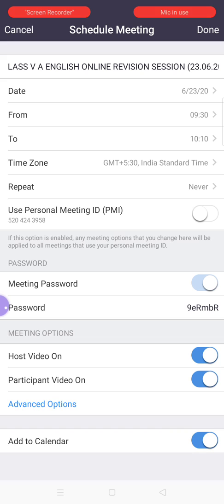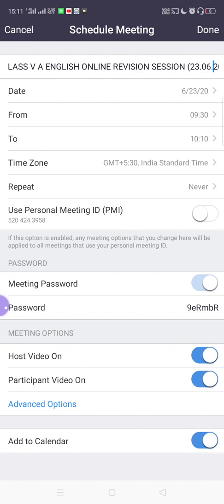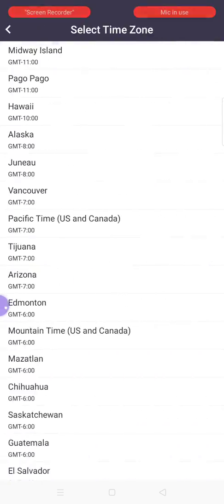We have set here 10:10. Now the time zone is a bit important, right? Because by default it will be showing Indian Standard Time IST, that is +5 GMT, Greenwich Mean Time, right? It is ahead 5 hours and 30 minutes. If by default or by mistake you select some other, just rectify it.